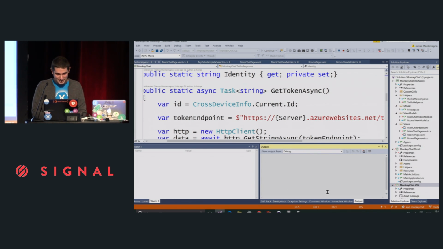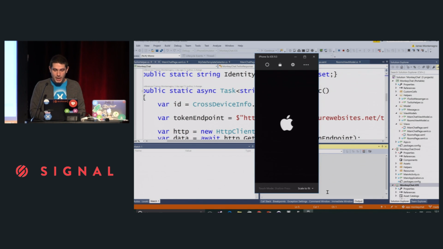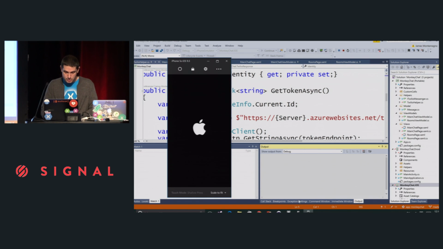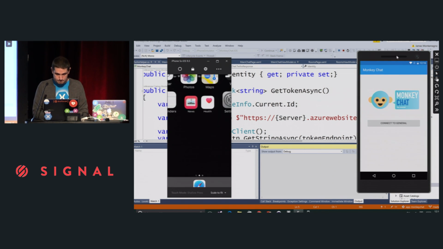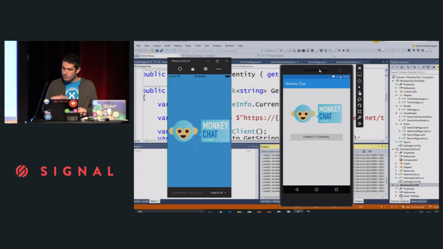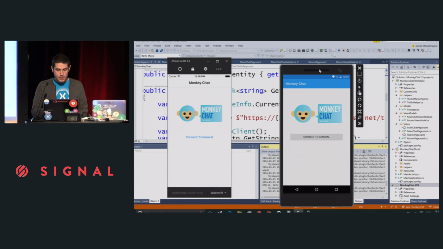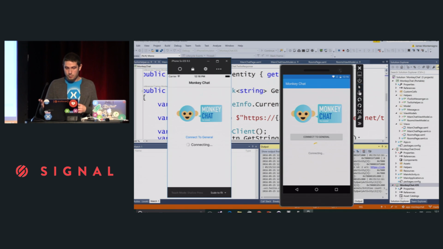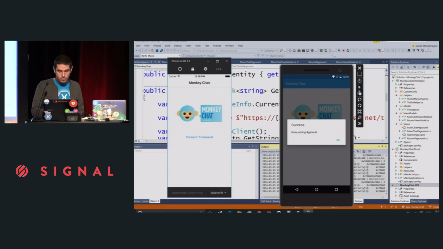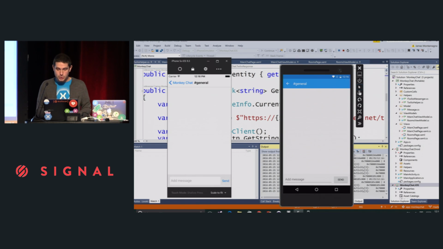All right, so it's building up the application, and now we have the iPhone simulator. I'm just running it on a 5S. Now we can run this side by side. Monkey Chat. And again, this is all shared user interface, everything shared backend. So we can see we're getting a similar look and feel. I'm just going to go ahead and connect here on both iOS and Android. And you're getting the same look and feel of the platform like you would expect. And we're both going to join general. It pushes that page across.